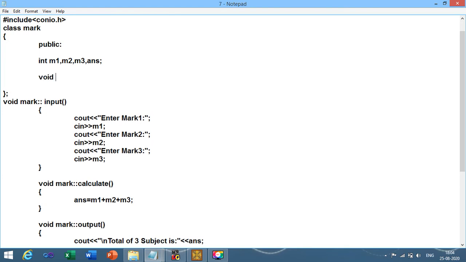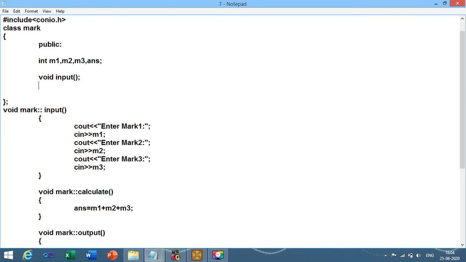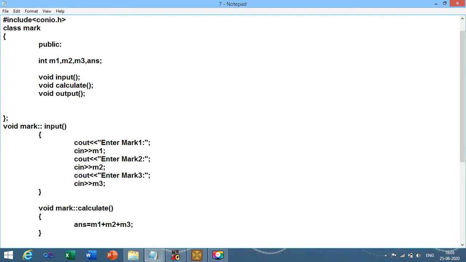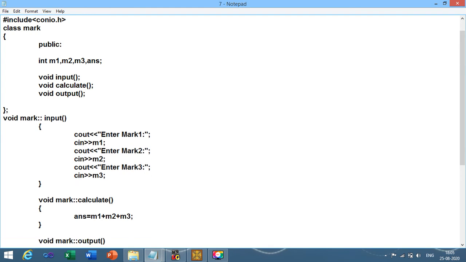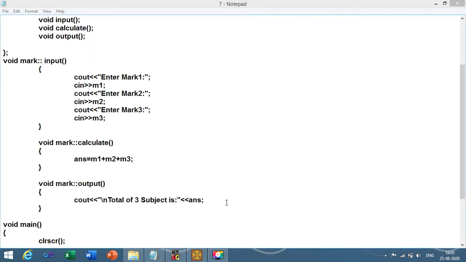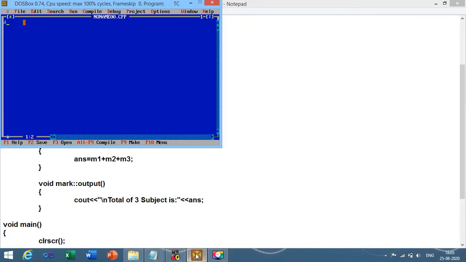Similarly over here I need to specify that void input, void calculate and void output are the methods which I am going to develop in the future. This thing I need to specify. Now let us develop the programs which are related with the member function outside the class in the Turbo C editor.